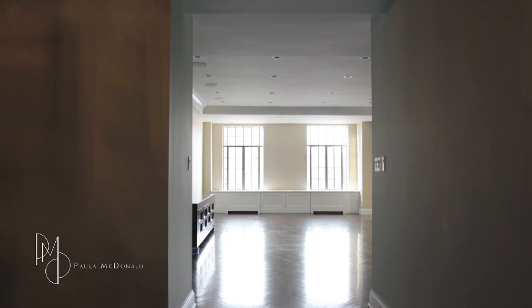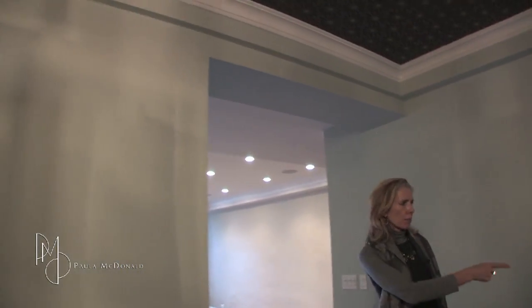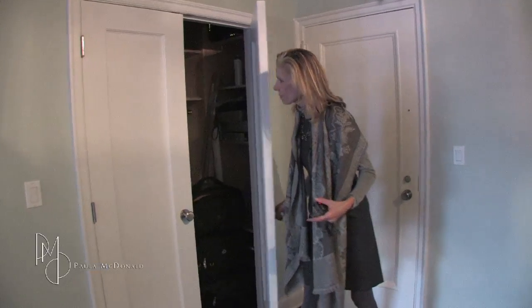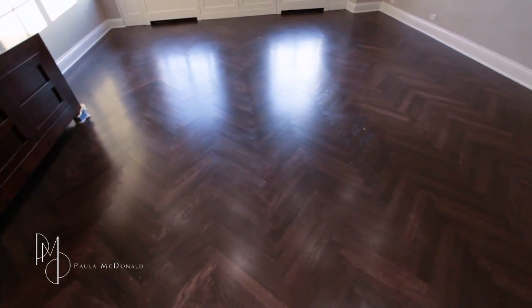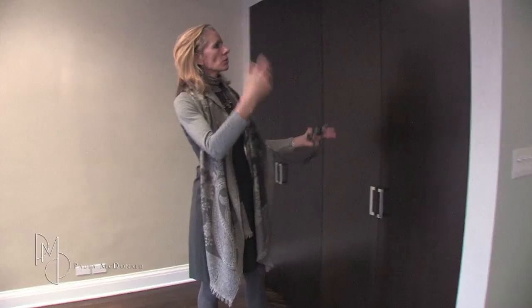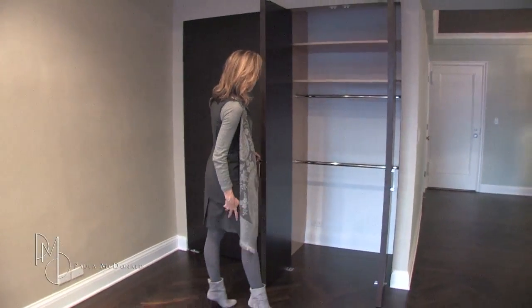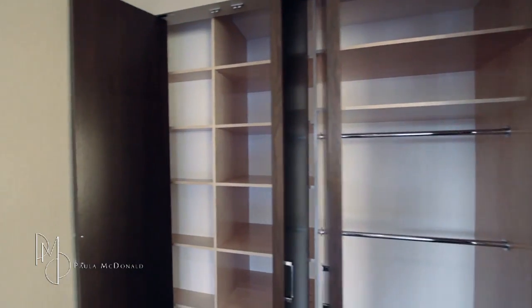In the living room now, what you can do is we've changed the opening. We've made it much bigger. We've added a walk-in closet here, but it's loaded in terms of what's in here for storage. We have darkened the floors with almost an ebony walnut finish. We have added beautiful closets. These are big, tall, dark walnut, gorgeous closets that let us have a lot more storage for this family that's moving from several